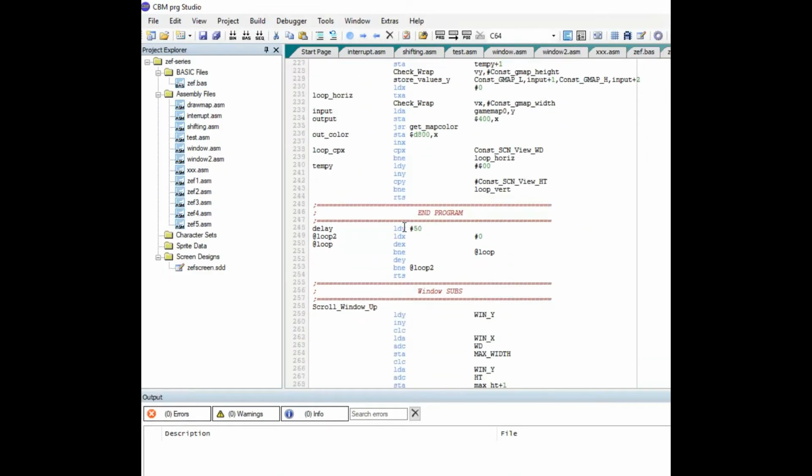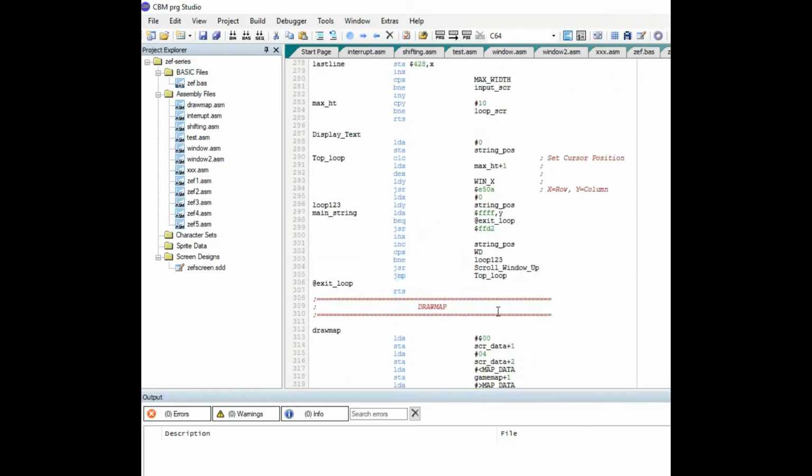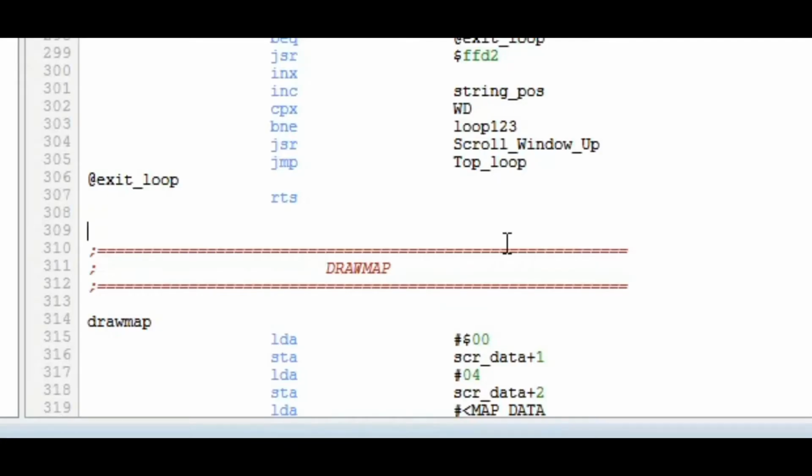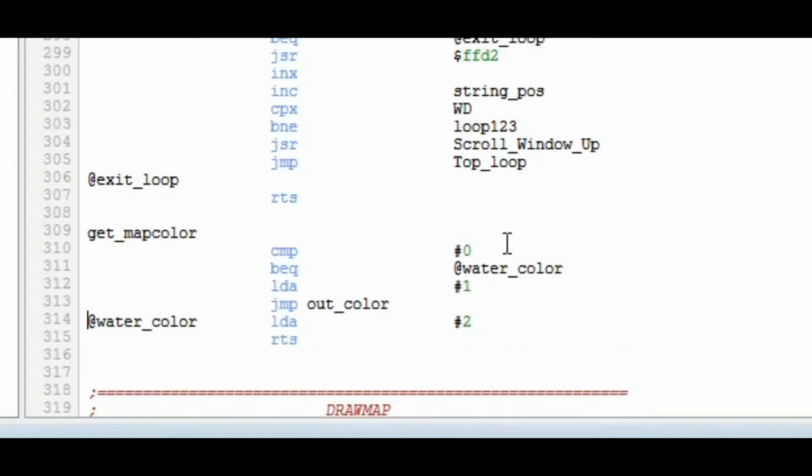So let's find a place to put that. Maybe down here at the end. Control V, paste it in. Get map color. At the end, you do an RTS, and then it needs to be structured a little bit better than this. So you compare it. So you're passing down a value in the accumulator here, and then you're comparing that value. It's the character that it's on. So if it's 0, it's water,